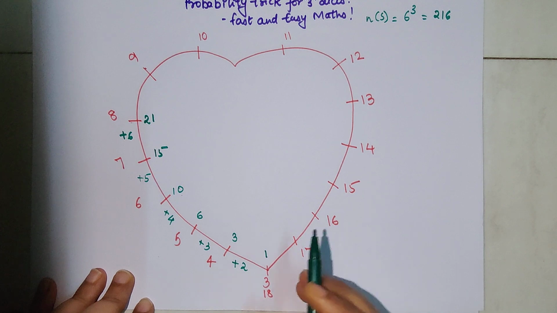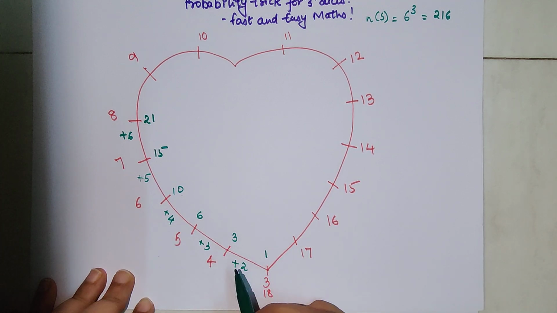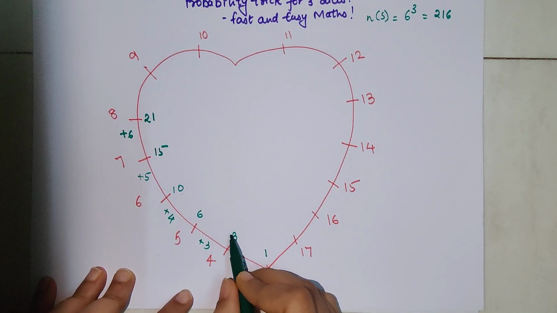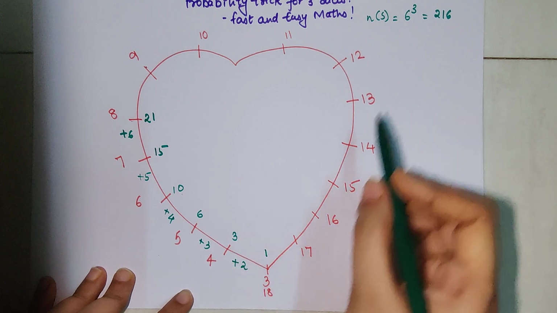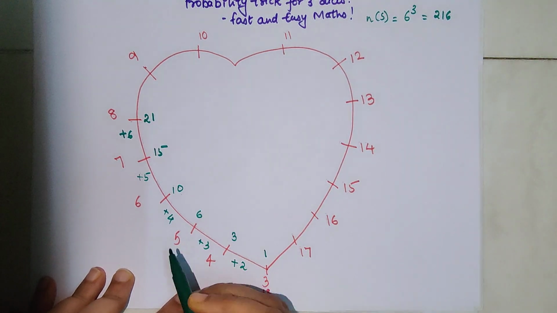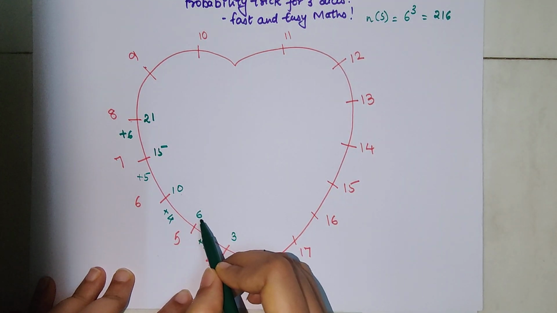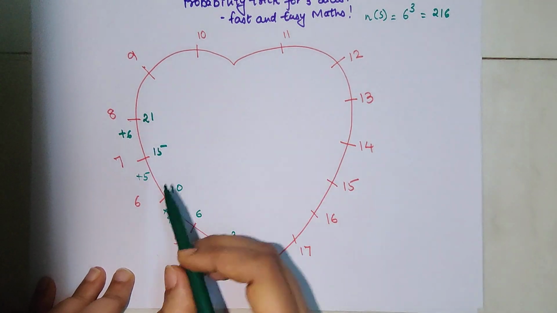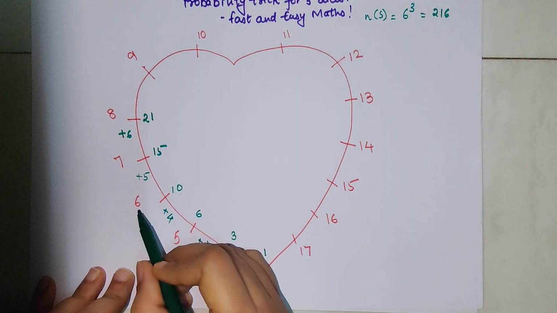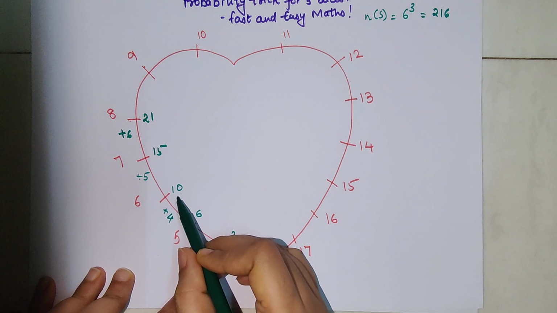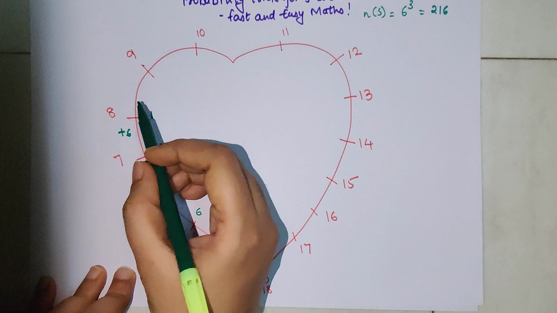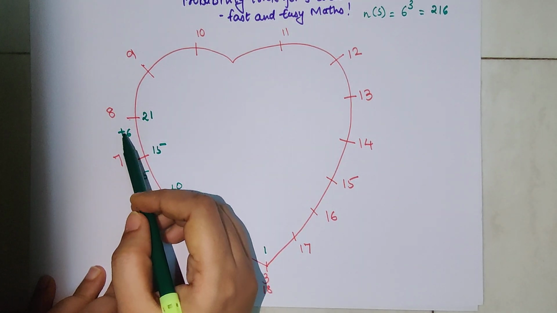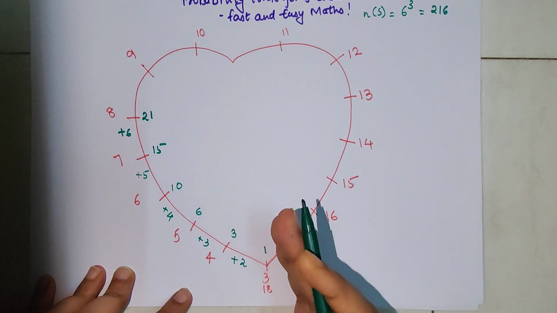Now students, I'm sure you must have understood that whenever you want a sum of 4, in case you are rolling 3 dice, the probability is 3 upon 216. If you want the sum of 5, the probability is 6 upon 216. The sum of 6 is nothing but a probability of 10 upon 216. Now for 9, here you know what is the maximum you can go.